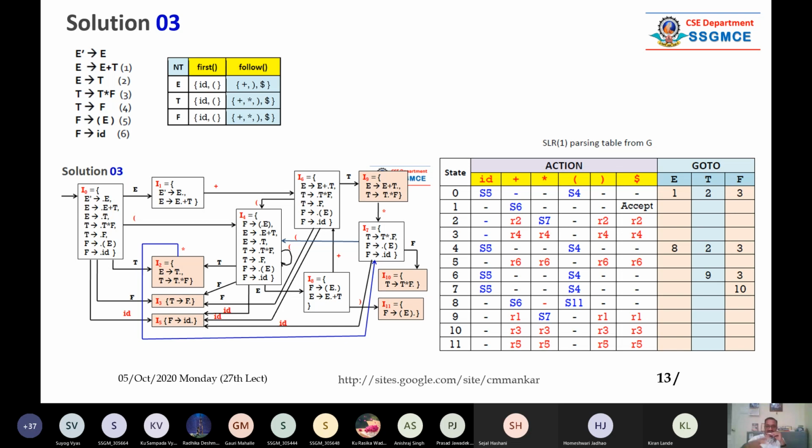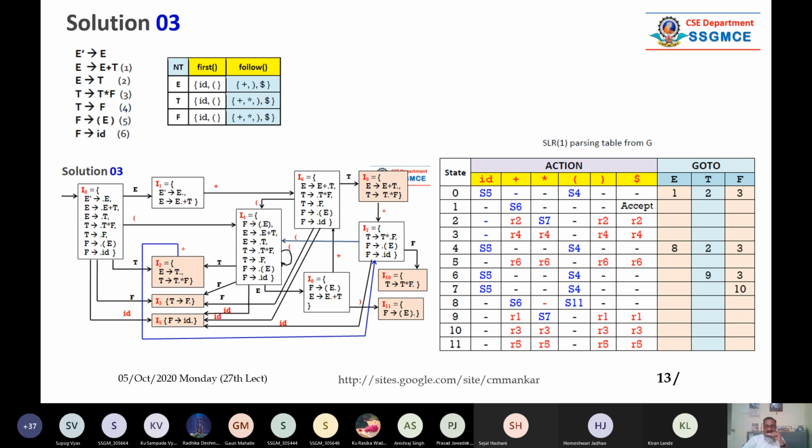Now, जिसके लास्ट में डॉट है, बीच में डॉट है, उसका कोई फायदा नहीं है, बिगिनिंग में डॉट है, उसका भी कोई काम नहीं है, बट जिसका डॉट एंड में है, प्रोडक्शन रूल के RHS के एंड में है, उसको आप कंसिडर करेंगे। तो E का फॉलो क्या आ रहा, plus, closing bracket and dollar. तो ये प्रोडक्शन रूल कौन सा है, 2 नंबर का, E giving you T. That's why we are writing R2.